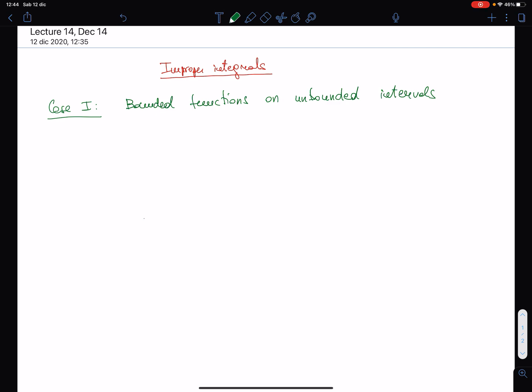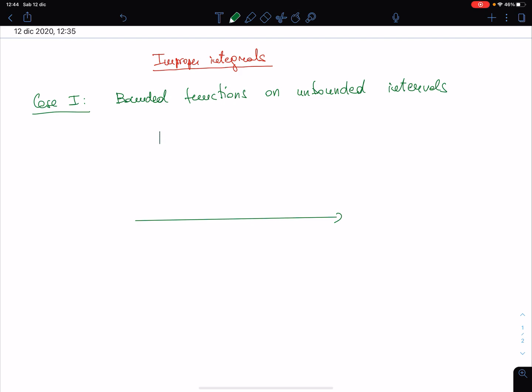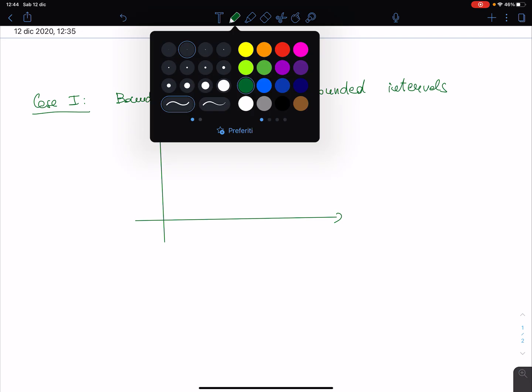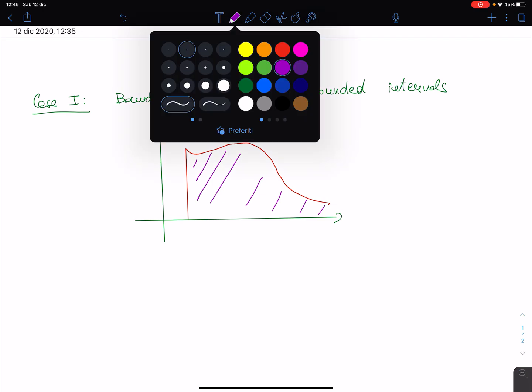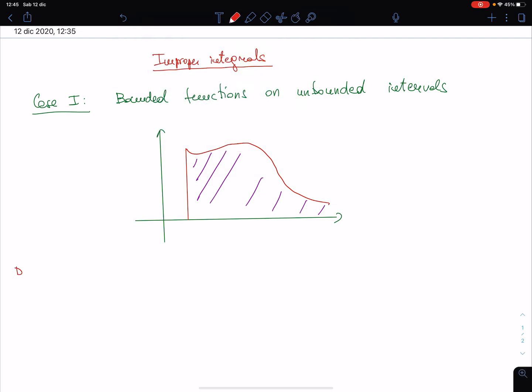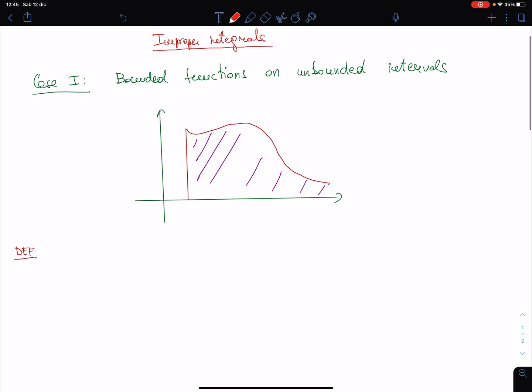Namely, the function can be like this. The interval is unbounded, and so the area we aim at computing is this one. And so remember the example that we gave in the last lecture. So the definition to be used here is the following: let, this is a, here we go to plus infinity,